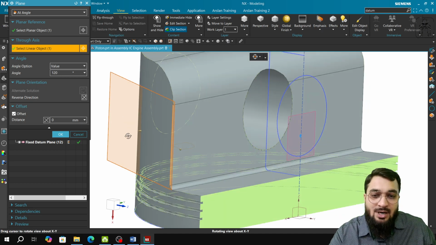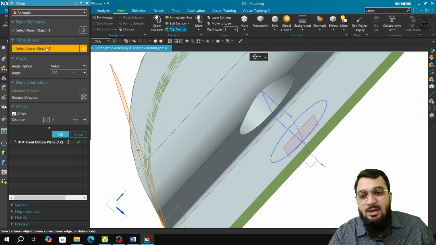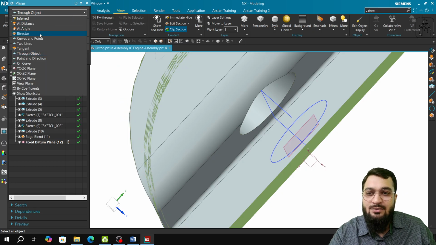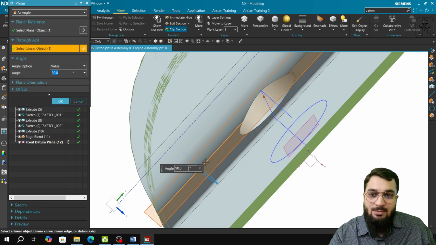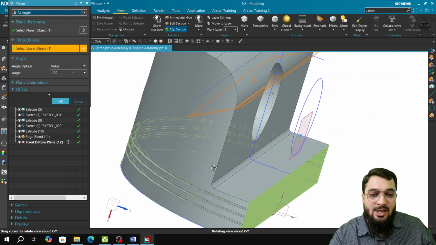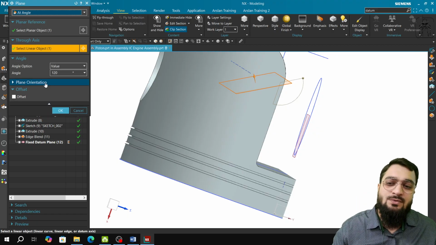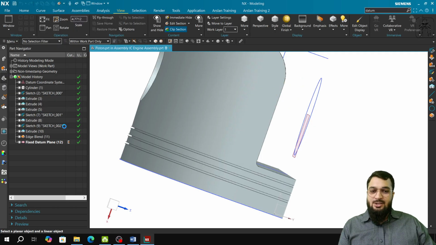It will start, it will rotate in 120 degrees. So depending upon the axis which you have selected, and the plane which you have selected, it will define its angle. If you select a different plane and a different linear object, the angle will be different. For example, if I take this and I put 120, you will see that this time the plane has been oriented in this fashion. So using these options, offset and the angle, etc., you can create a section like this,